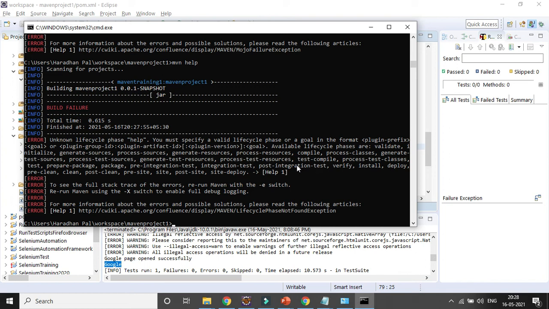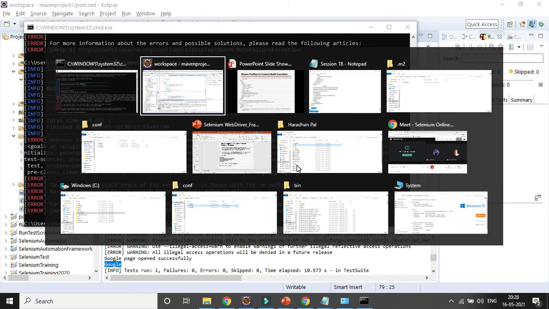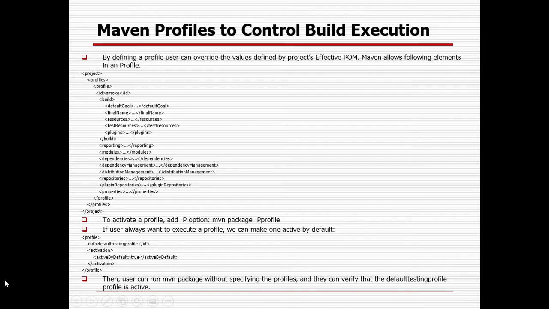So in case multiple profiles are there and you are not activating any profile, if you want to run it through normal test, it will throw some error. So that is the reason you can use some profile as a default profile, active by default. Though it has multiple profiles, one profile you will make default, so that in case you are not activating anything, that profile will run by default.